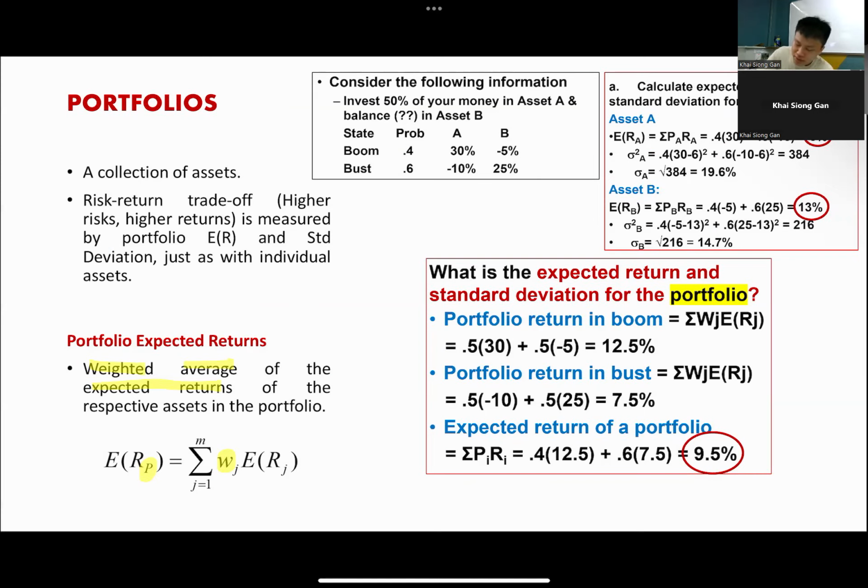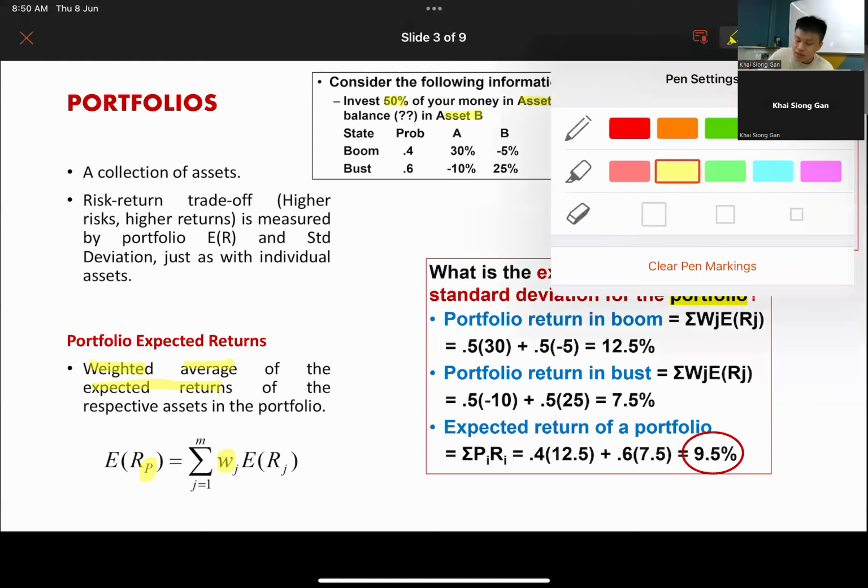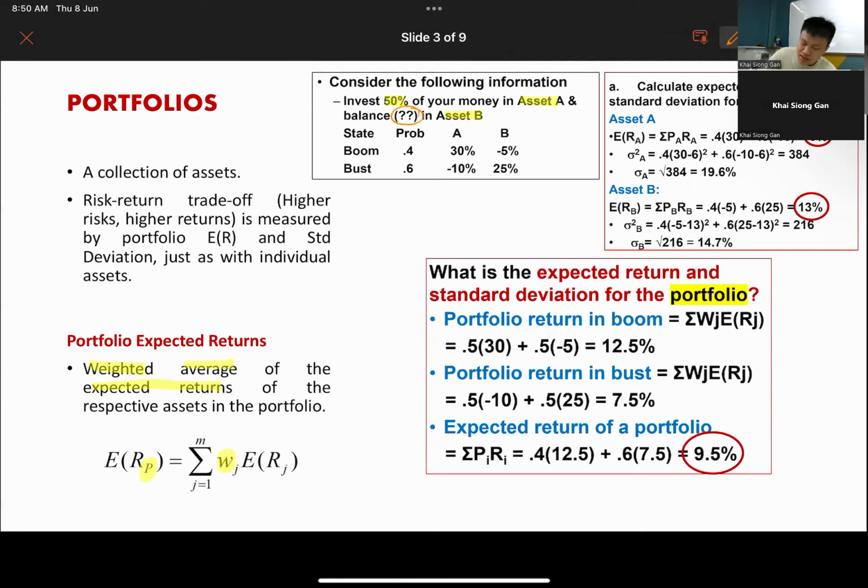Consider the following information. Invest 50% of your money in asset A and how much in asset B? So 50% in asset A, the rest is in asset B, so that means another 50%. So you have asset A and asset B. We know that there's a 40% chance of the boom state. If it's in boom state, the returns will be 30% for A and negative 5% for B. And during bust, 60% in the bust state, the returns will be negative 10% in A and 25% in